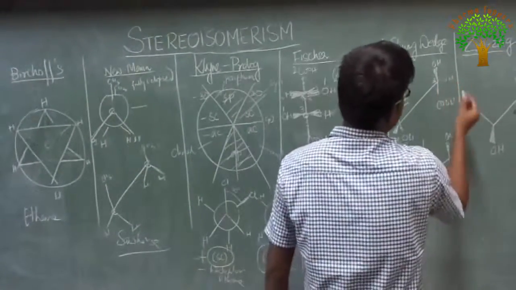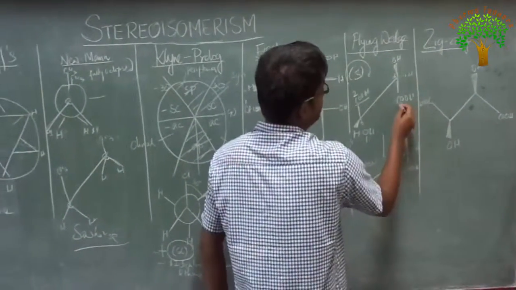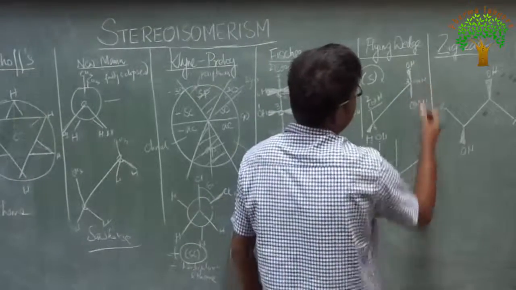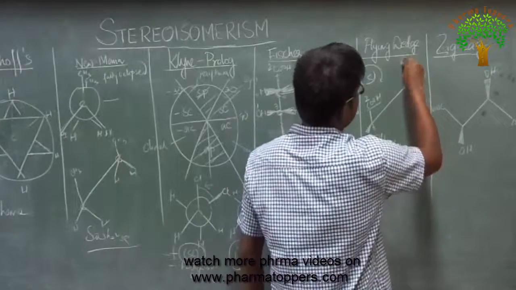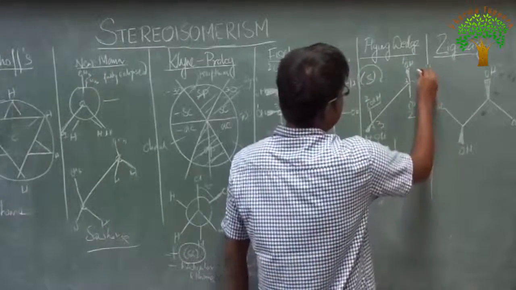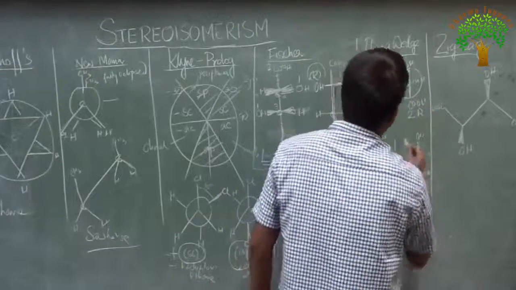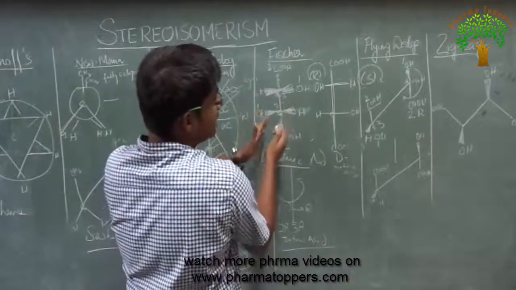And for this, suppose I arbitrarily wrote it like one on the plane is CHO, coming towards us is OH, and H is going inside the plane. So I will give configurations like 1, and this is 2, and this is 3. So we see a clockwise motion. So this is R. So what we get is actually an S and R. It's not matching with this L-tartaric acid. So this is